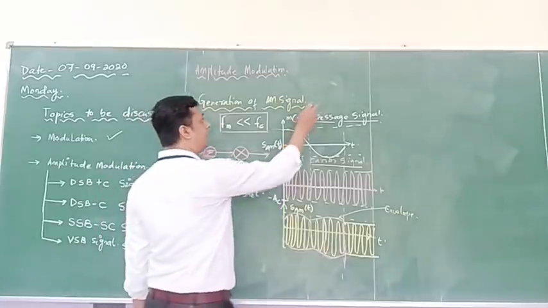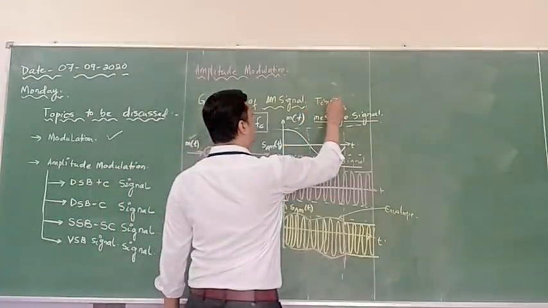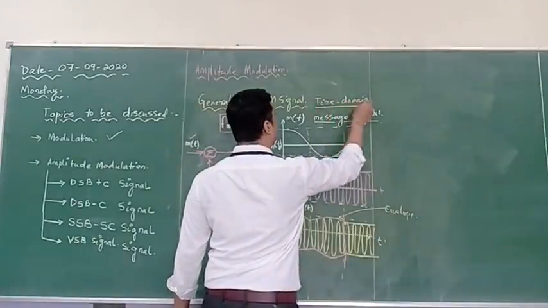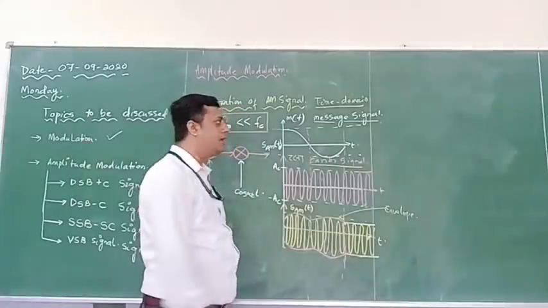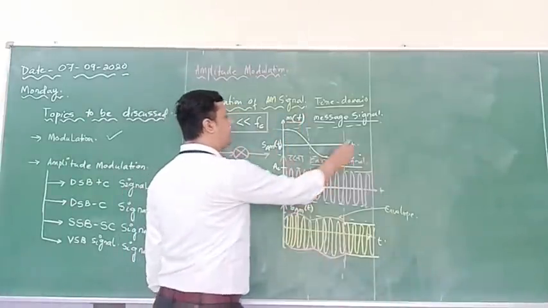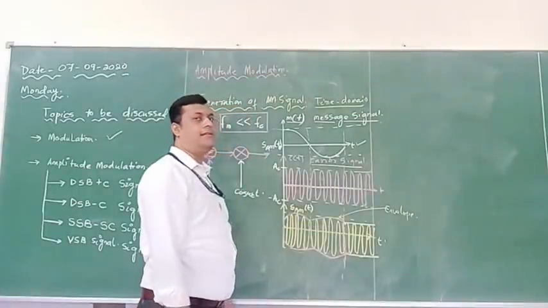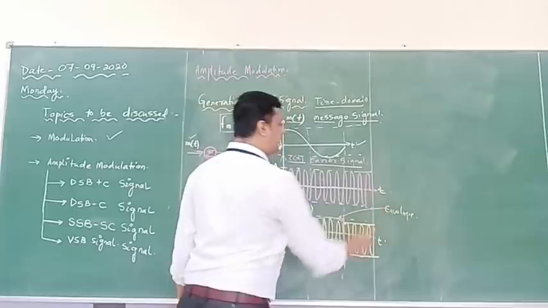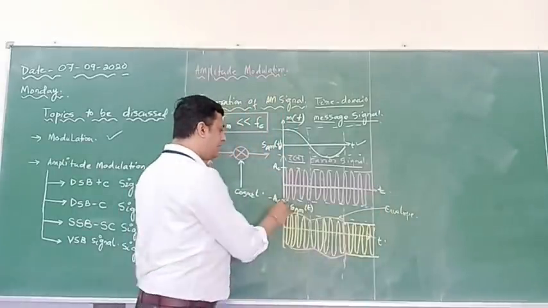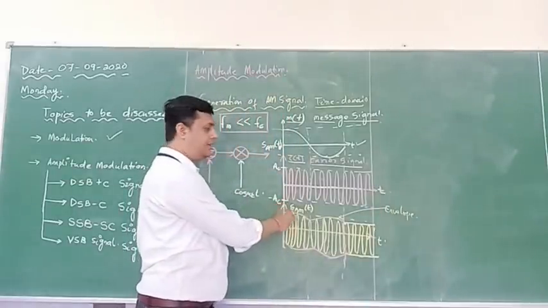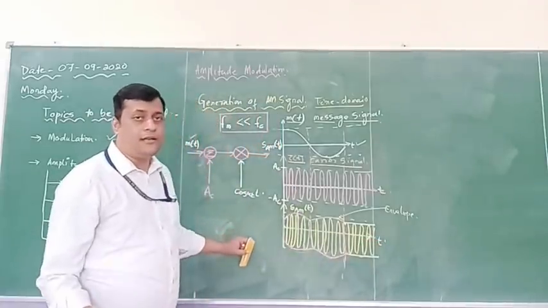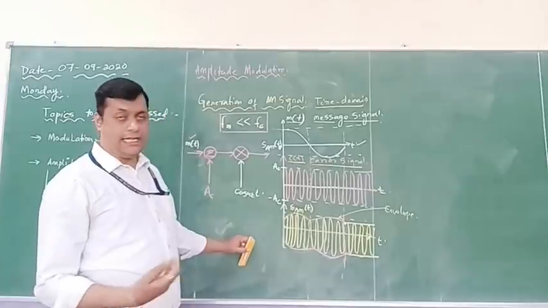So you can write here, it is a time domain representation of signals. Why? Because as I have written m of t with respect to t, it is a continuous time signal. c of t with respect to t is also a continuous signal. Similarly, this modulated signal is also represented with respect to time, and is also called a continuous time modulated signal.